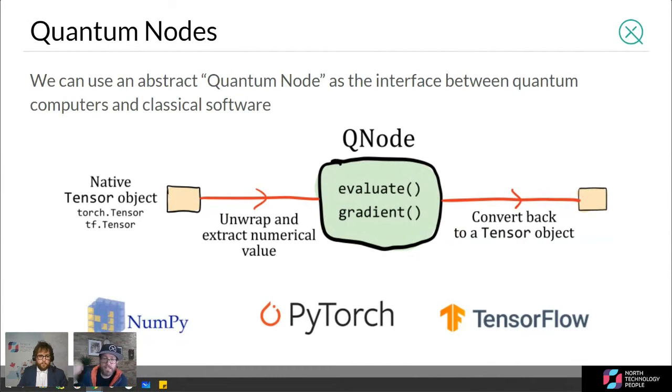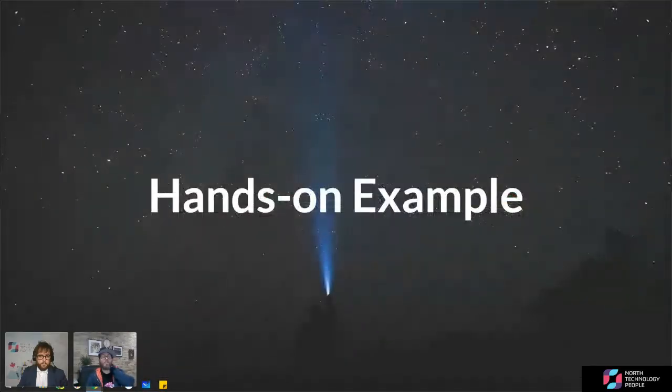As I mentioned, just like sending data to a GPU for special processing, you could do the same thing with these Q nodes, and everything can be abstracted away because the unwrapping and wrapping of these particular data formats is something you want your software to basically handle for you. So this was a big high-level overview. I think it would be a good idea to go through an example and see what this looks like.